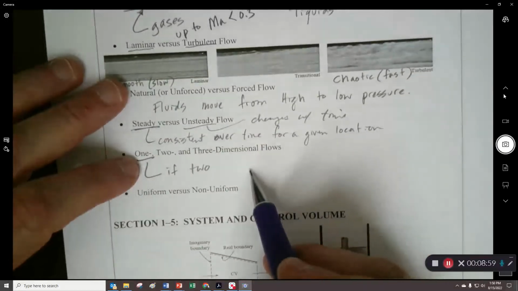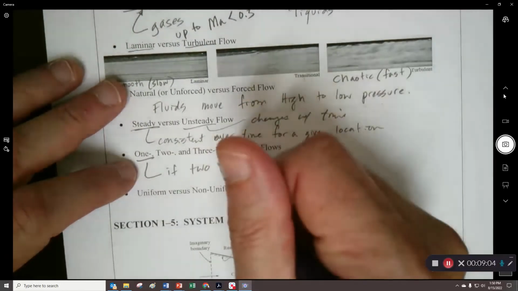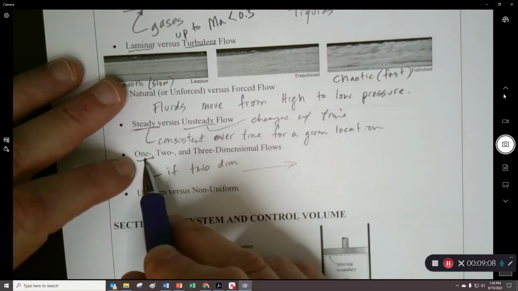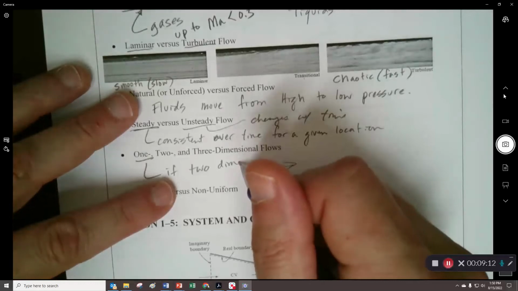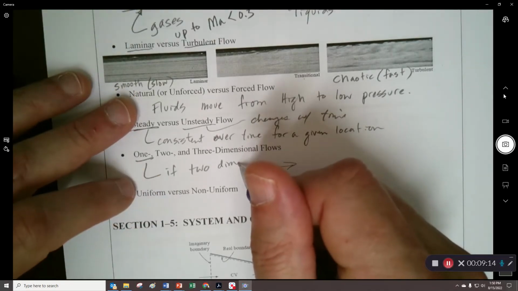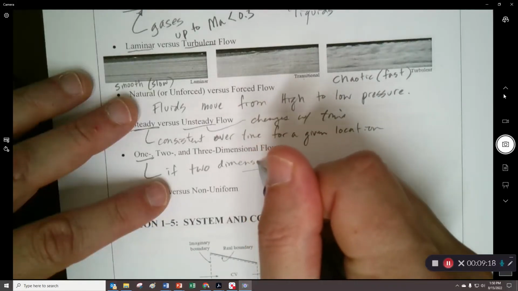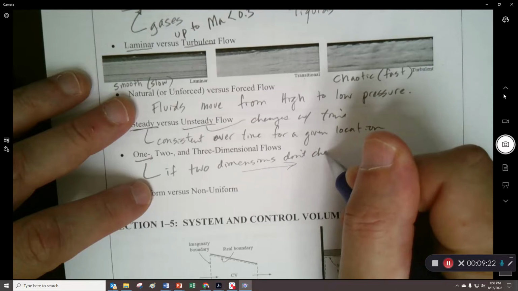If we have a flow that's going this way, we could treat that as one-dimensional. It greatly simplifies the problem. So if two dimensions don't matter, or the parameters in the two dimensions don't change or don't affect,